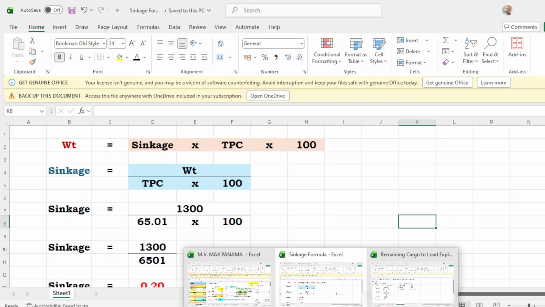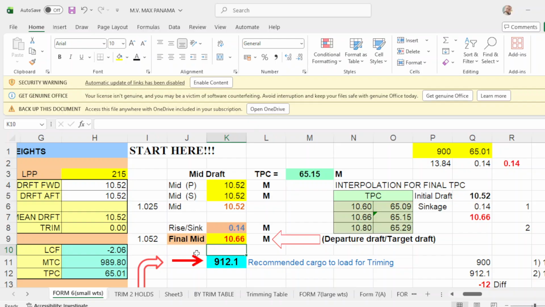Then we go to the program again. So weight equals sink gauge times TPC. The TPC being used here is this one. TPC times 100. You click this one, your weight. This is sink gauge, this is letter K8, that is your sink gauge, times your M3 or TPC. So how did I get this?